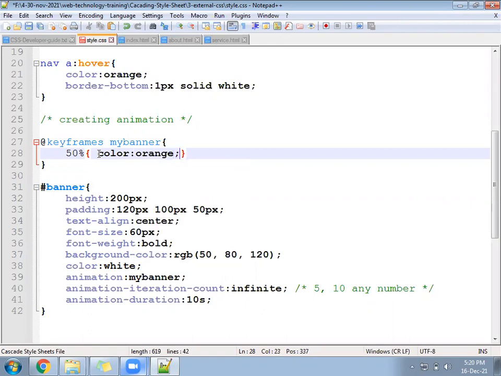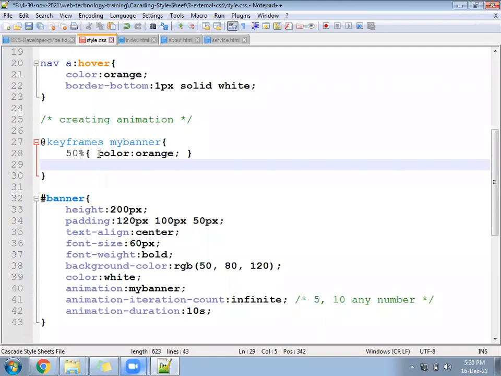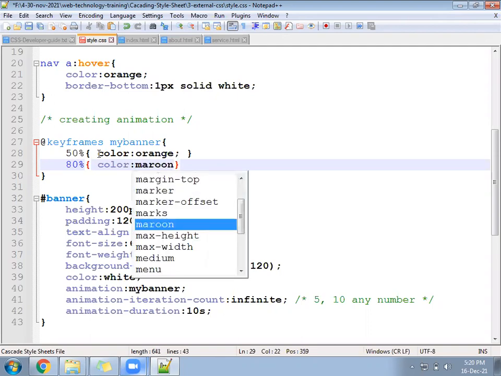Color should change to orange color. After that, once 80% time will get finished, then the color should change to some different color, maroon color.